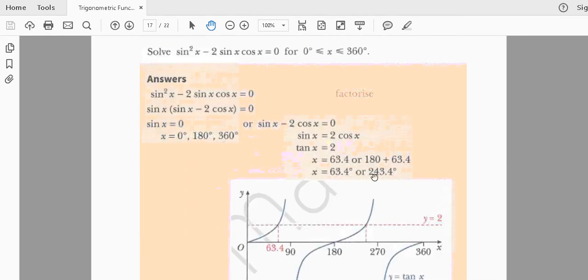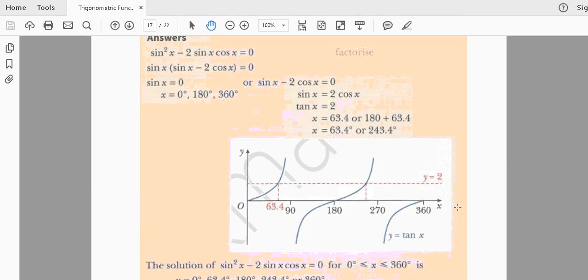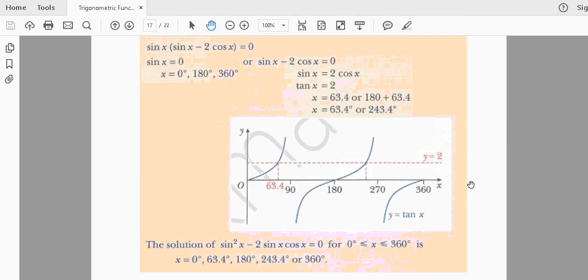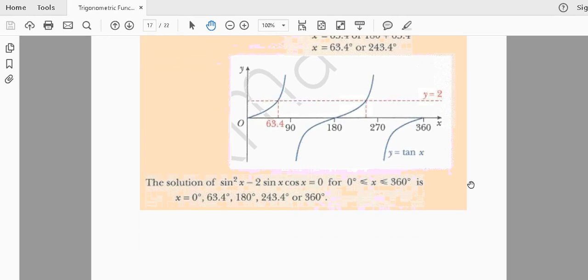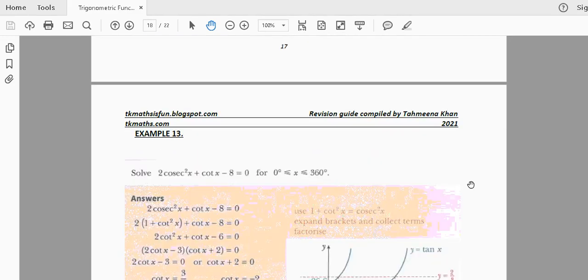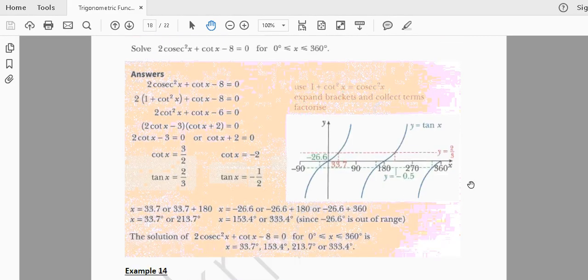So another example here, this graph is just to show you how to figure it out. You can put the video on pause and see the solution here. So I think this is the second last equation, solving equation, because solving equations of trigonometry is the last concept. So we have covered the three concepts here. And please remember, this is cosec square and cot x. So see how the identities are used to solve the equations.